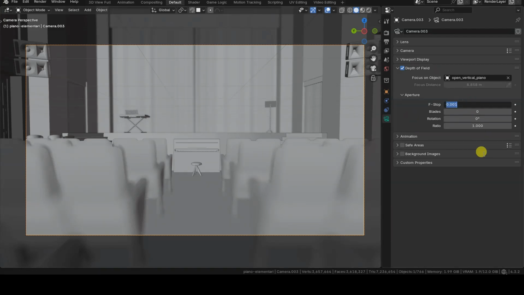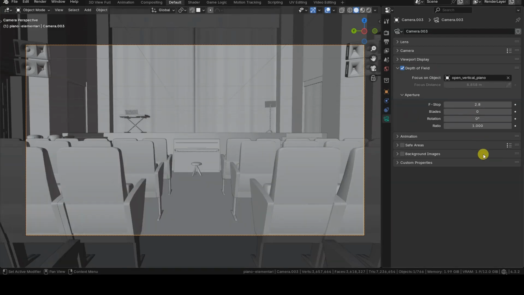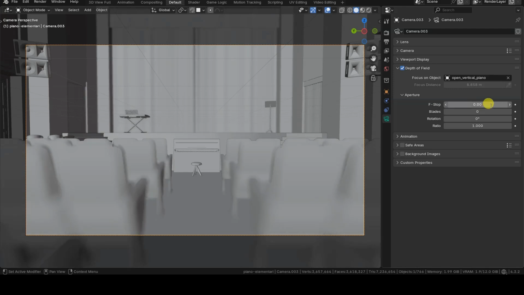The depth of field is determined by the value of the f-stop parameter. The lower this value is, the shallower the depth of field will be. I'm setting an extremely low f-stop value to exaggerate the effect and make it more noticeable in this preview. Now I'm removing the object that was set as the focus object. I had assigned it just to get an initial value for the depth of field, but in fact, there shouldn't be any focus object if you want to use the add-on, since it will control the focus distance parameter.